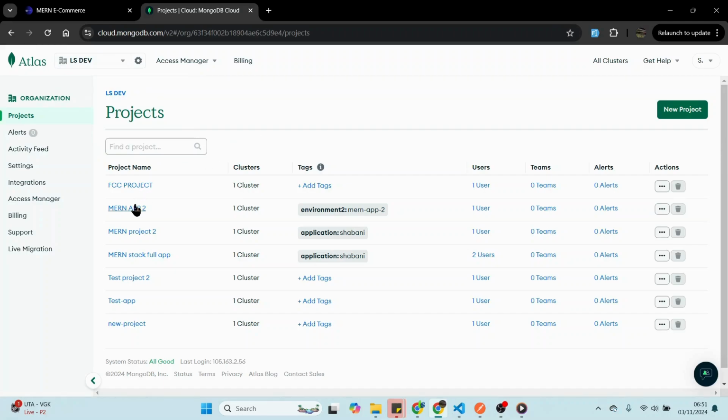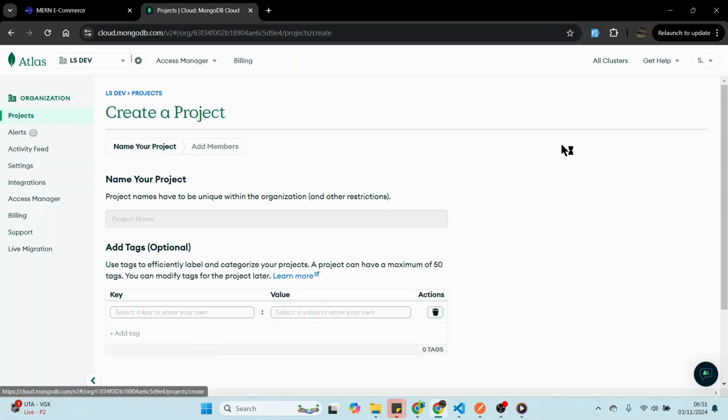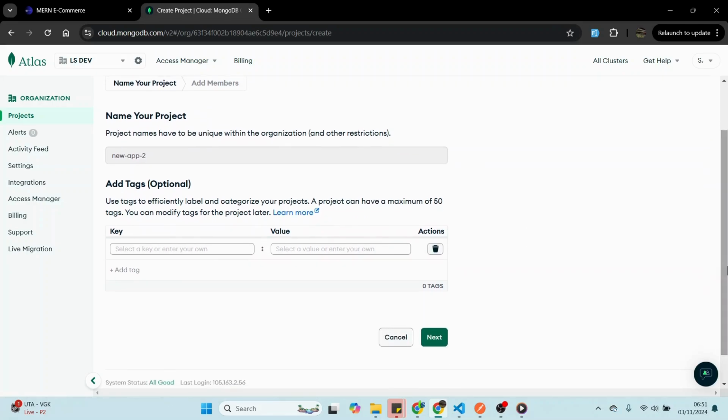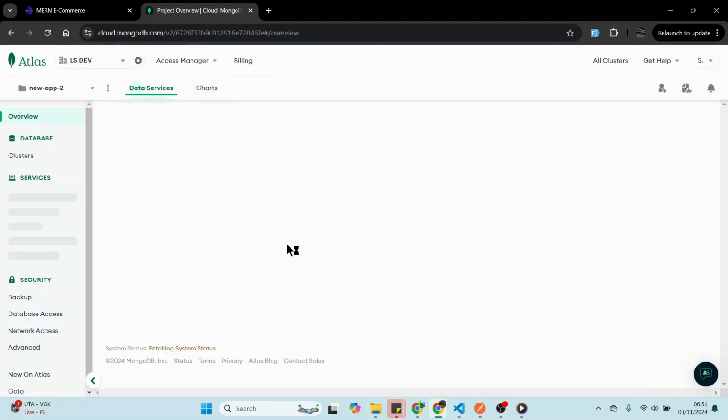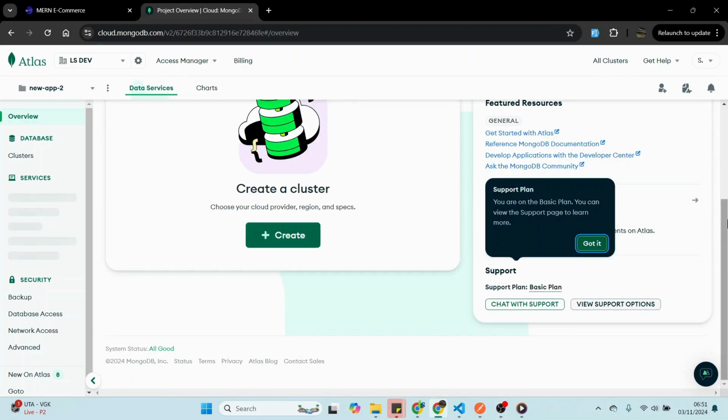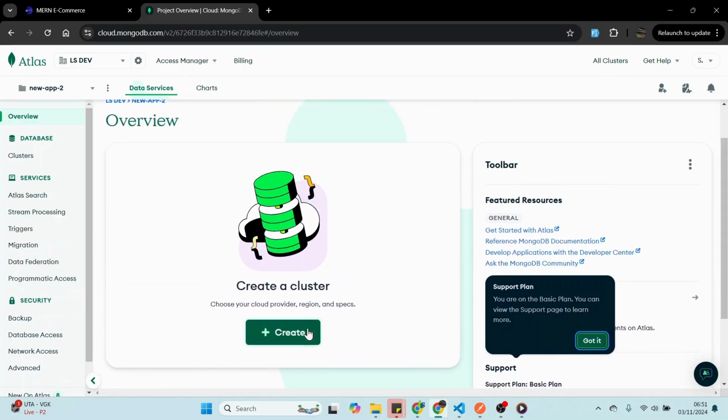For example, here I want to create a new project. So you just give your project name, new app 2, and then this one is optional. This option is optional here, so we can go next, and then just go ahead and create the project. This is actually just loading our project. So what you have to do now is create a cluster,